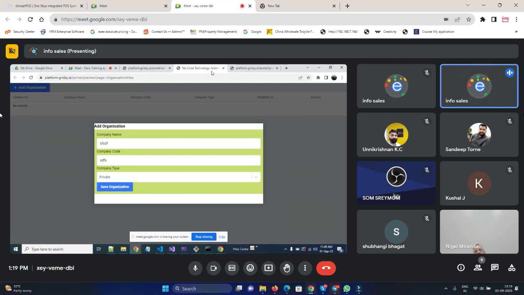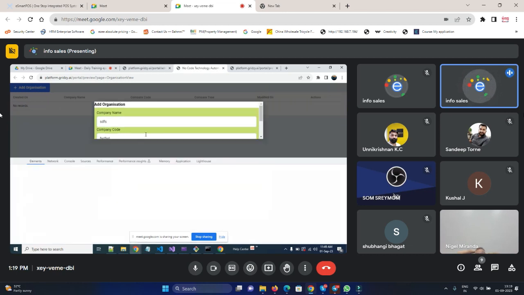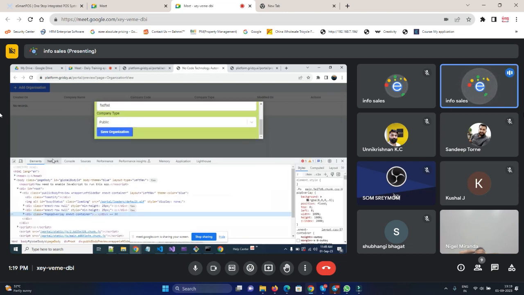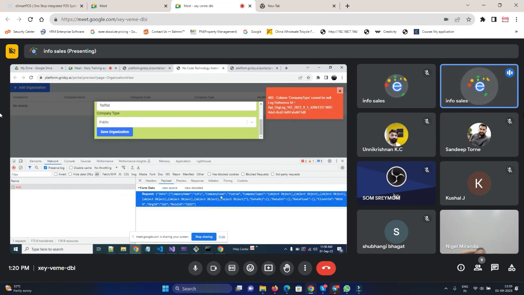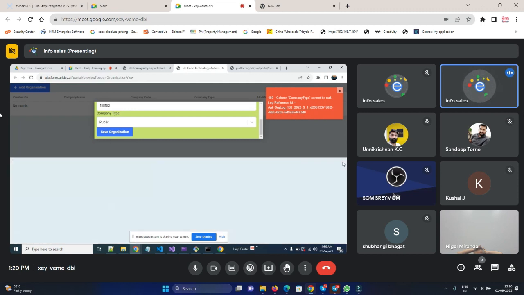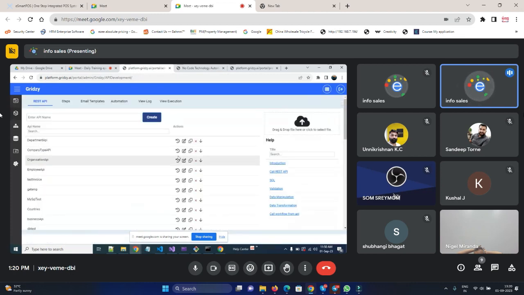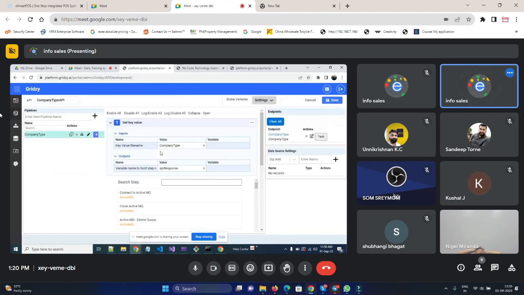So let me show you. Company name, I'll just pick the type. Component type cannot be null. So okay, let me check the column name. If you see this, this is the data it sent. Can you see here? I think a developer can easily understand. Whenever I add data and make a request, company name, company code, and company types went. So the only thing is it is going as an object. Company types is going, but in my database I have created only company type. So if I